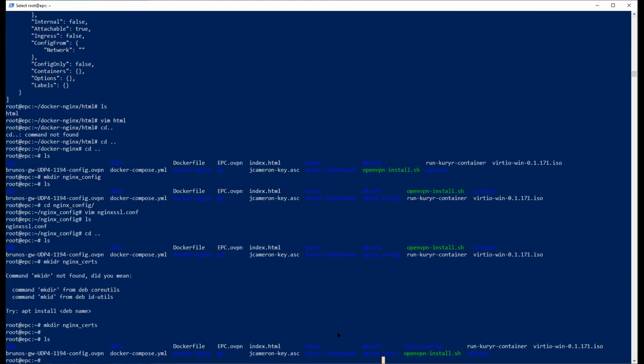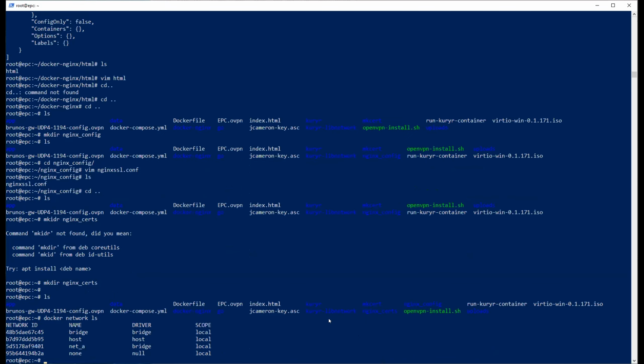So Nginx will serve a website that we tell it to serve. The way this is going to be done is running a container and assigning it to the network that we created in Docker earlier, the net A. So to do that, you can run a container, docker run -itd, let's say, or just d, doesn't matter, just daemon.